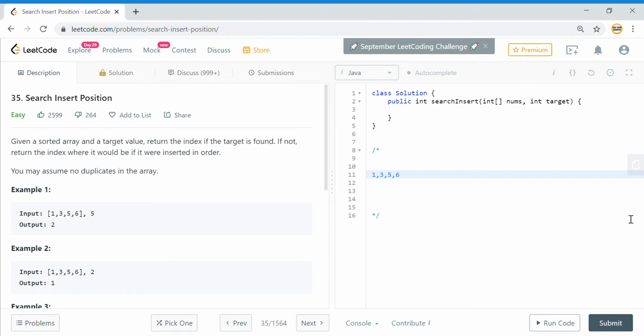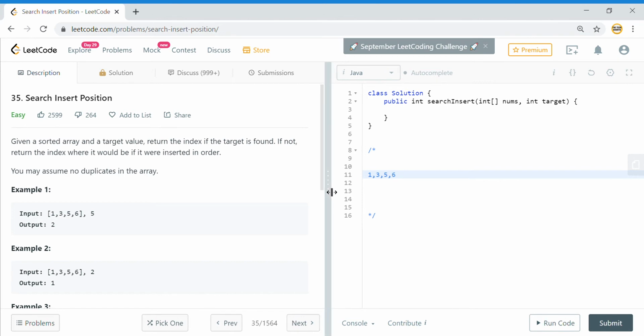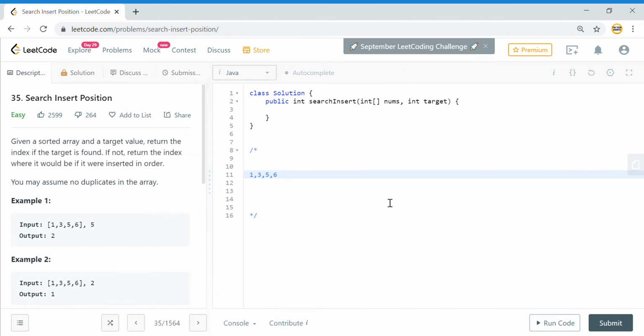So what we did here is called a linear search, where we traversed throughout the array, and we checked each element one after the other to find whether it is the element which we are looking for or not. So here we are dealing with a time complexity of order of n, a linear time complexity, because in the worst case, like in this example where I had to search 6 in this array, I had to traverse the complete array once. I had to go through each element of the array.